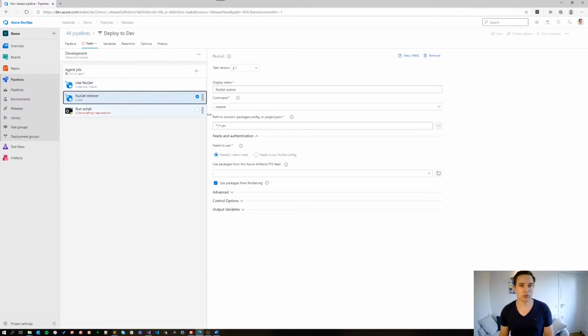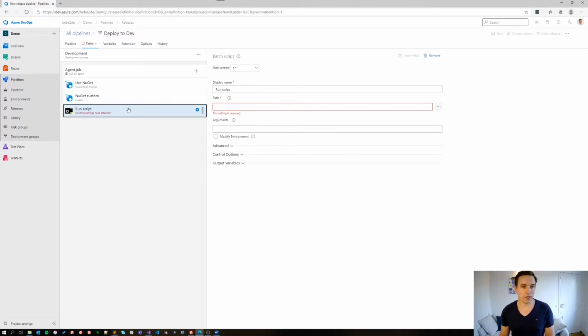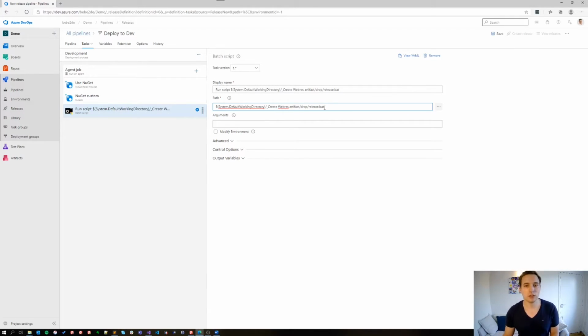And this time we will not actually do a restore. We will change it from restore to custom. And then we say install Sparkle, because we only need the Sparkle NuGet to be installed and not everything we have in our solution or in our repository. And then we have the batch we want to execute, which is our release.bat. And here you can see we take it from the system default working directory, and there we take